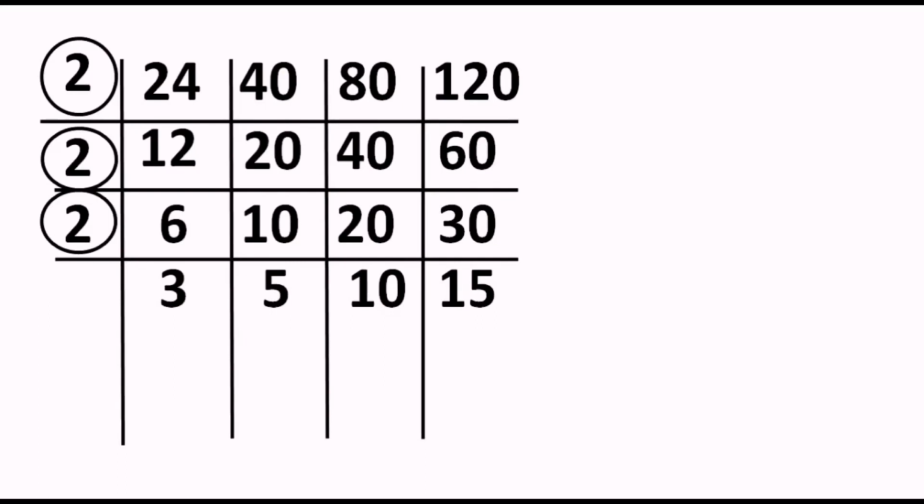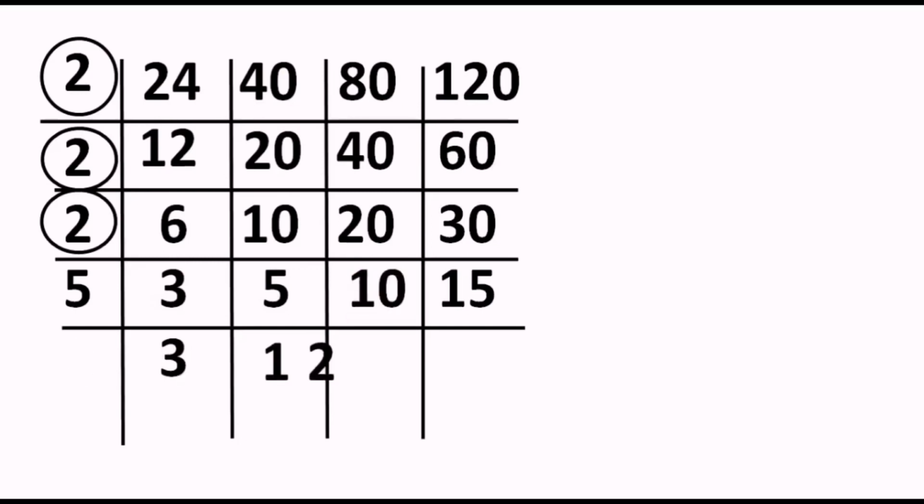If you observe, 5, 10 and 15 are divisible by 5 itself, and 3 and the last 15 are divisible by 3 itself, correct? So either you go with the 5 or you go with the 3. Choice is yours. But I have chosen 5 because I'm able to divide 3 numbers at a time by 5. So first number 3 is not divisible by 5, so it will be written as it is. 5 divided by 5, answer will be 1. 10 divided by 5, answer will be 2. And 15 divided by 5, answer will be 3.